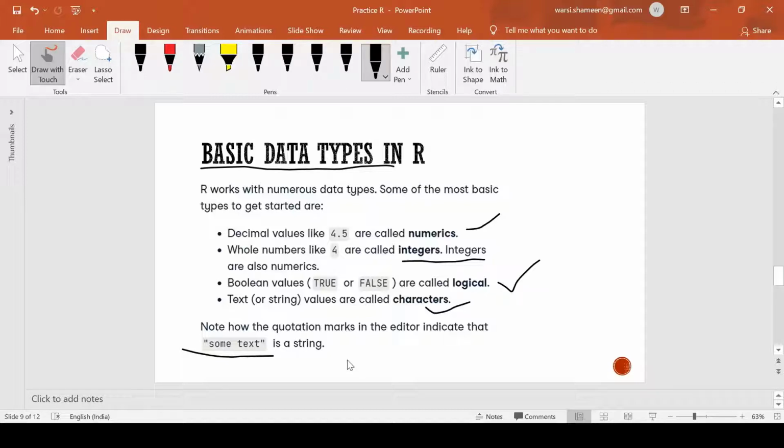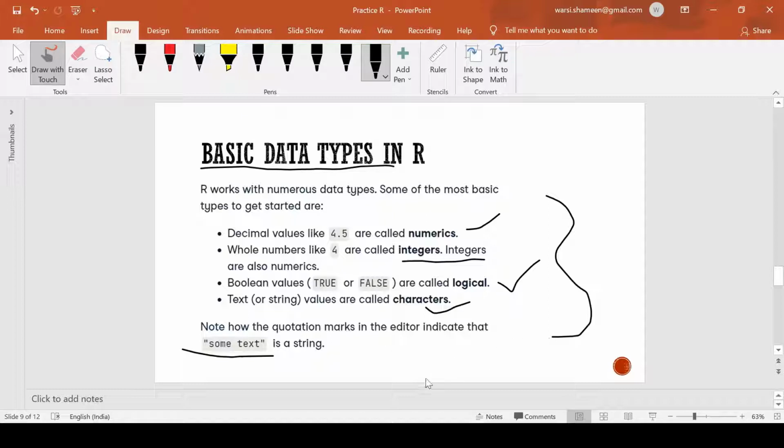Based on these data types, the further programs and commands we execute in R depend very much on the variable type. So based on that only we can proceed ahead.